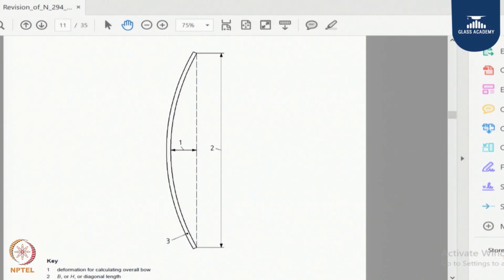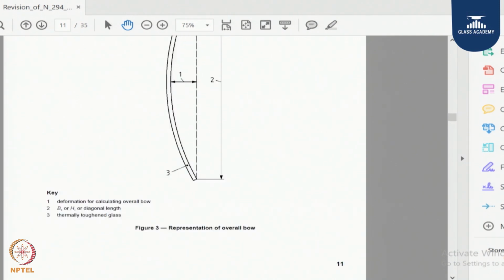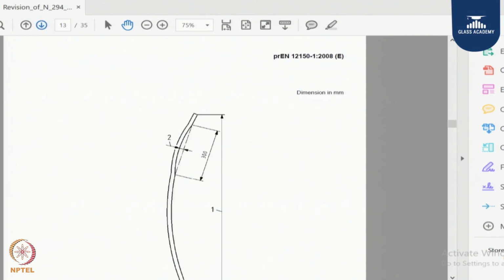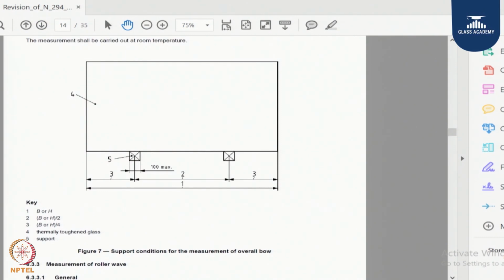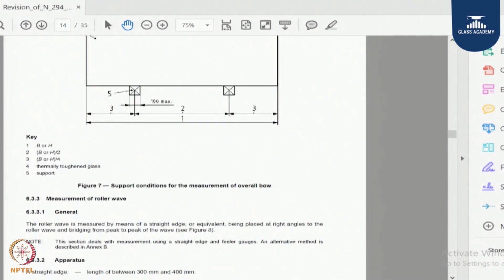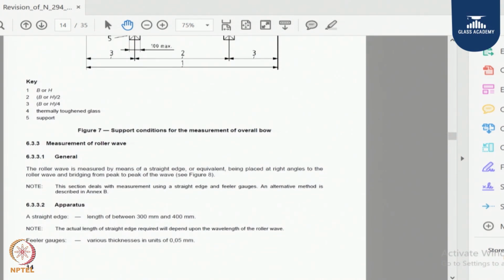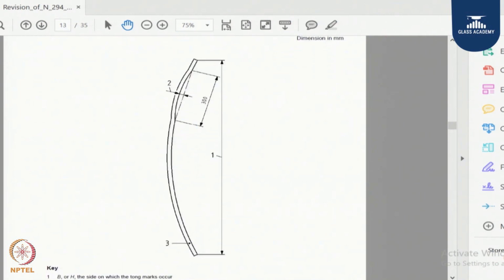The test I am going to execute is this: I take the glass on its longest side and keep it on wooden blocks, setting the wooden blocks at quarter position, resting on the glass. I take a straight edge ruler and keep it along the glass surface, and with the help of a taper gauge I measure the gap between the glass and the straight ruler. Generally, as per the standard, in 1 meter of glass a 3 mm bend is allowed. So this is how I check the deformation.